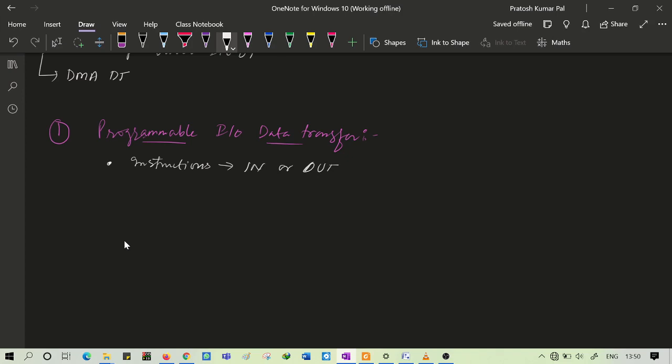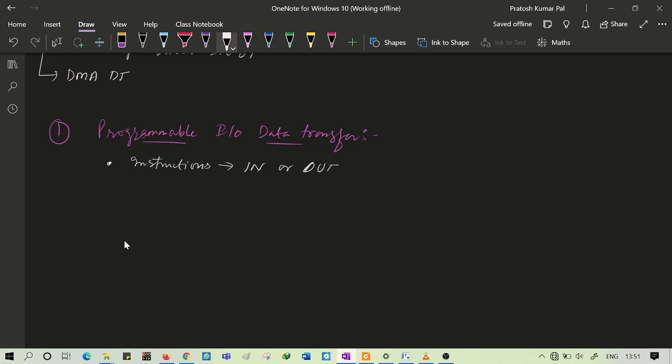We use in and out instructions in 8085, even 8086 also. After in, we give 8 bits of address, that is the port address. So by using in and out, we can communicate the external peripheral device connected to a particular port of the 8085. That data can be communicated with the memory of the 8085.